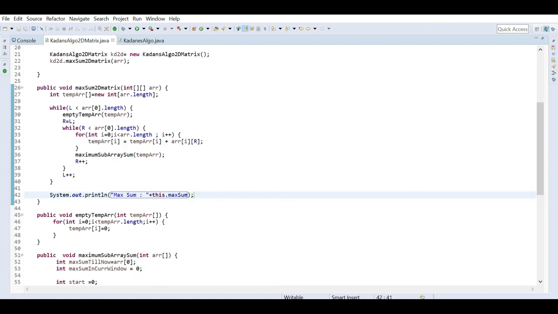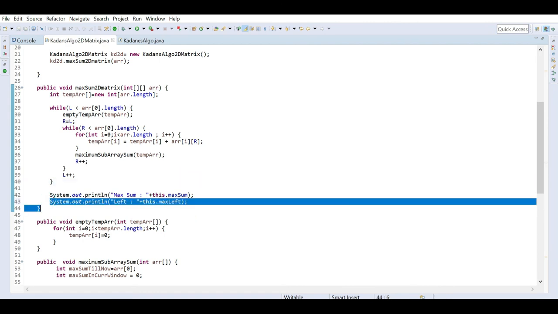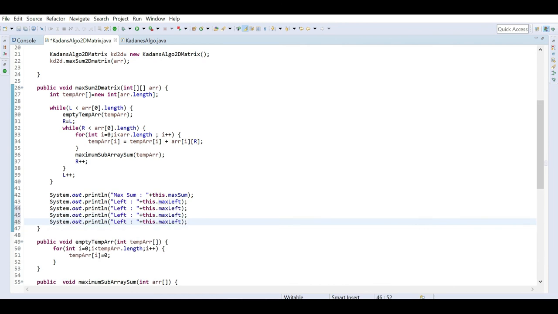And we have to print the indexes also. So index wise, if we have to print, then left we can print as max left. Okay, and in a similar way all these 4 coordinates we can print: right, top and down.